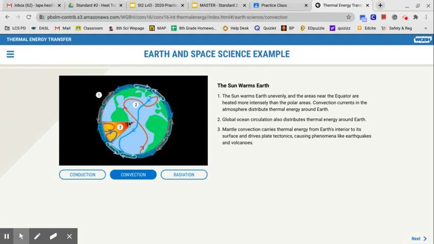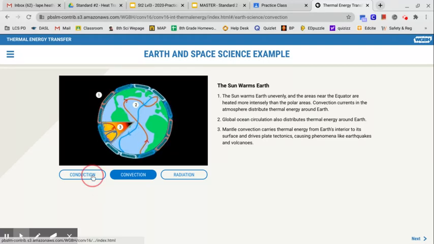We also have this kind of figure eight pattern going through the ocean, because in the ocean we have hot and cold water that moves and keeps currents going in a particular direction. And then this little section here is a little cross section where you're looking into the earth, and that's really what we're going to be focused on, is how the center of the earth, which is very, very hot, causes convection currents in this area that we call the mantle,